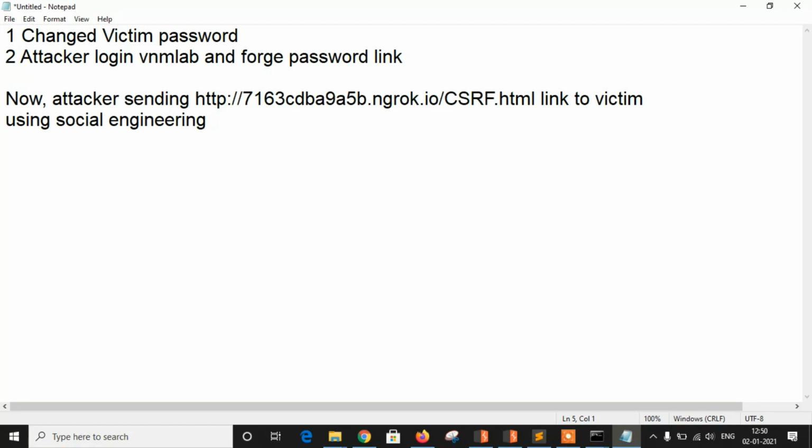Somehow the victim clicks on the link and performs the activity.